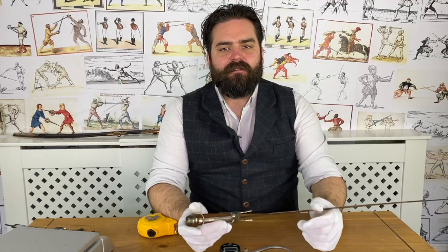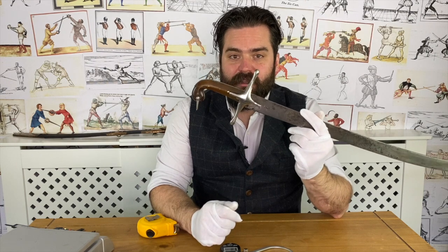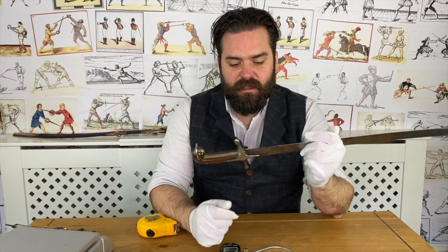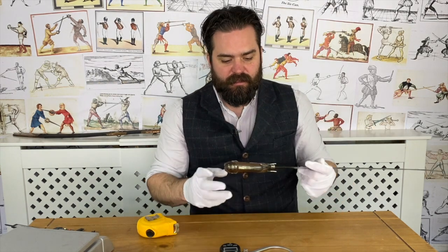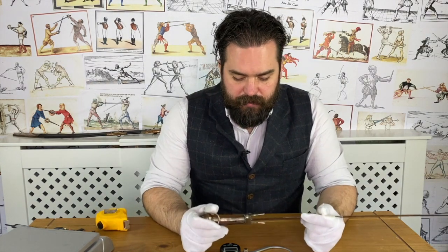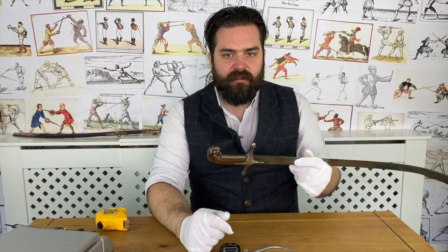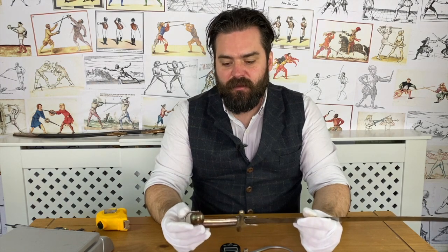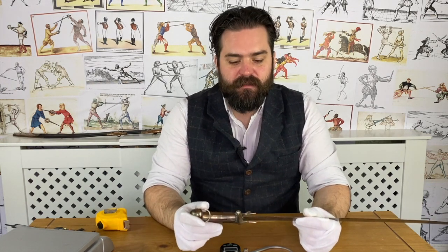So I mentioned earlier on in the video that the Coldstream Guards were not called the Coldstream Guards when this sword was given, and in fact when it was carried and owned by any of its owners, from the original Mamluk owner through the initial Coldstream Guard officer that had it, and then the 3 generations of the Cals. So Murray Cal, the last Cal to have had this sword, was killed in Inkerman in 1854. The Coldstream Guards changed their name to the Coldstream Guards in 1855, and that's obviously just 1 year after the last Cal was killed, whereas the Cal who would serve through the Peninsula campaign, he lived into the 1870s,